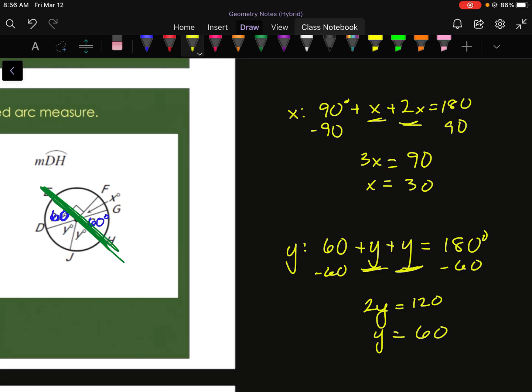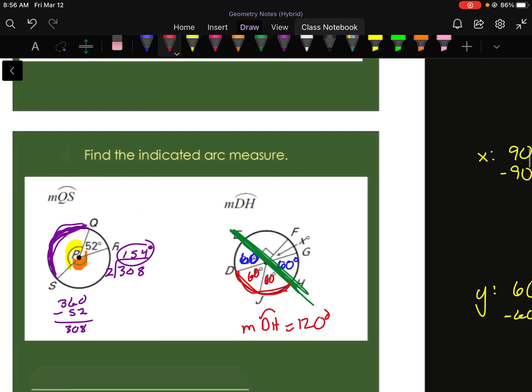And then from there you can find DH if you'd like, but we already know, so if Y is 60, this would be 60, that would be 60. So the measure of arc DH would be 120 if you would add them together. All right, and that is it on arc measure. Kind of a longer video, but